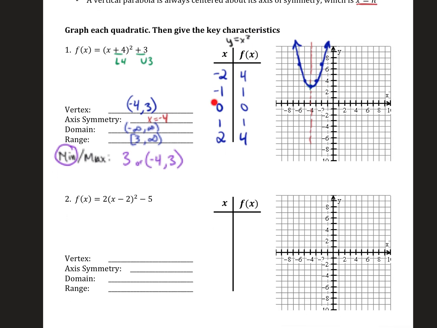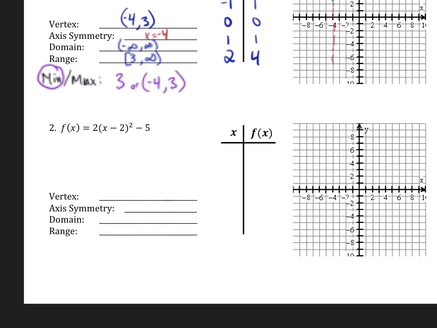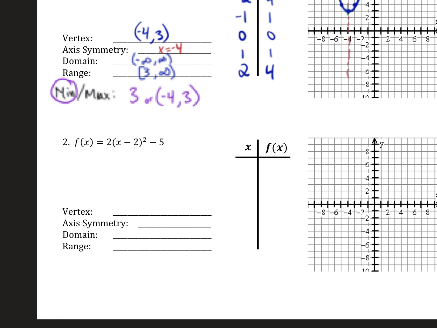Notice I got to use just the table as it was here. Tell me a scenario where I have to make an adjustment in the table. If we have a stretch or compression, like a multiplier here, I have to multiply that into the table wherever it belongs. So taking a look at number 2, we have that case. But even before we start graphing, I want you to start being able to identify key pieces of information. So right away,